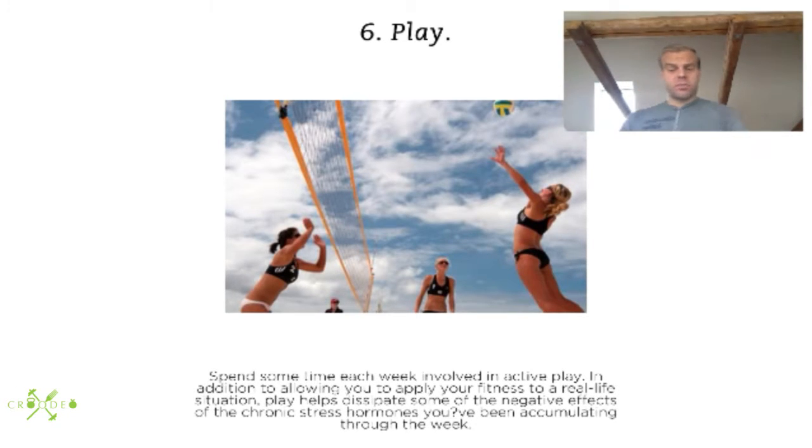Play, you need to get something in that you really, really like, and spend time each week involved in active play. The play I use is mostly with my kids, and I try to get more of it and use it as much as possible. Adding this will allow you to apply your fitness. It can be fitness, it can be anything else. Play helps you